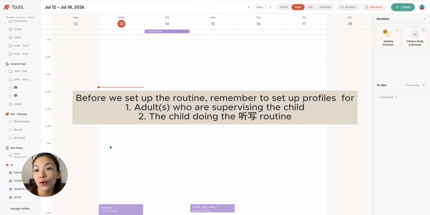Hi, I'm Ray from Toshi, and in this video, I'll show you how to set up your Tingxie routine using the Toshi web app. So before we begin setting up any routine, first we need to make sure that the profiles are all set up,